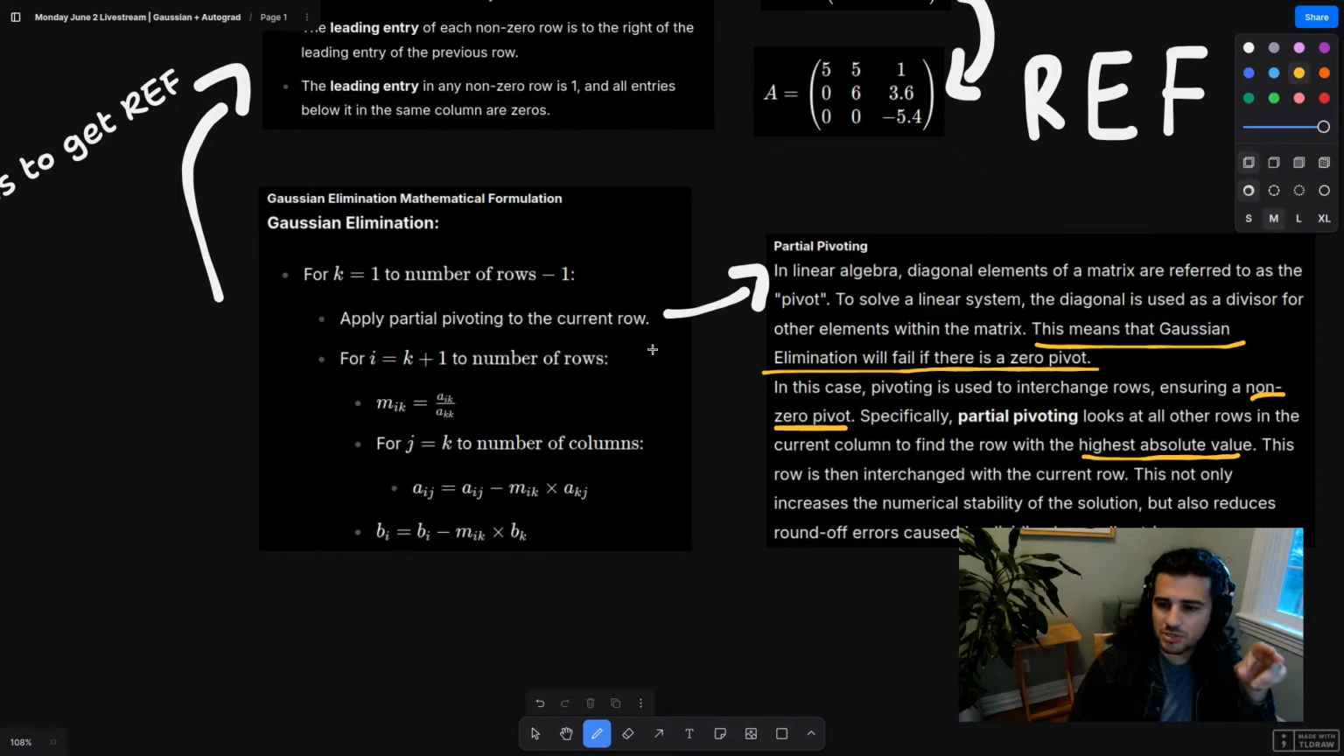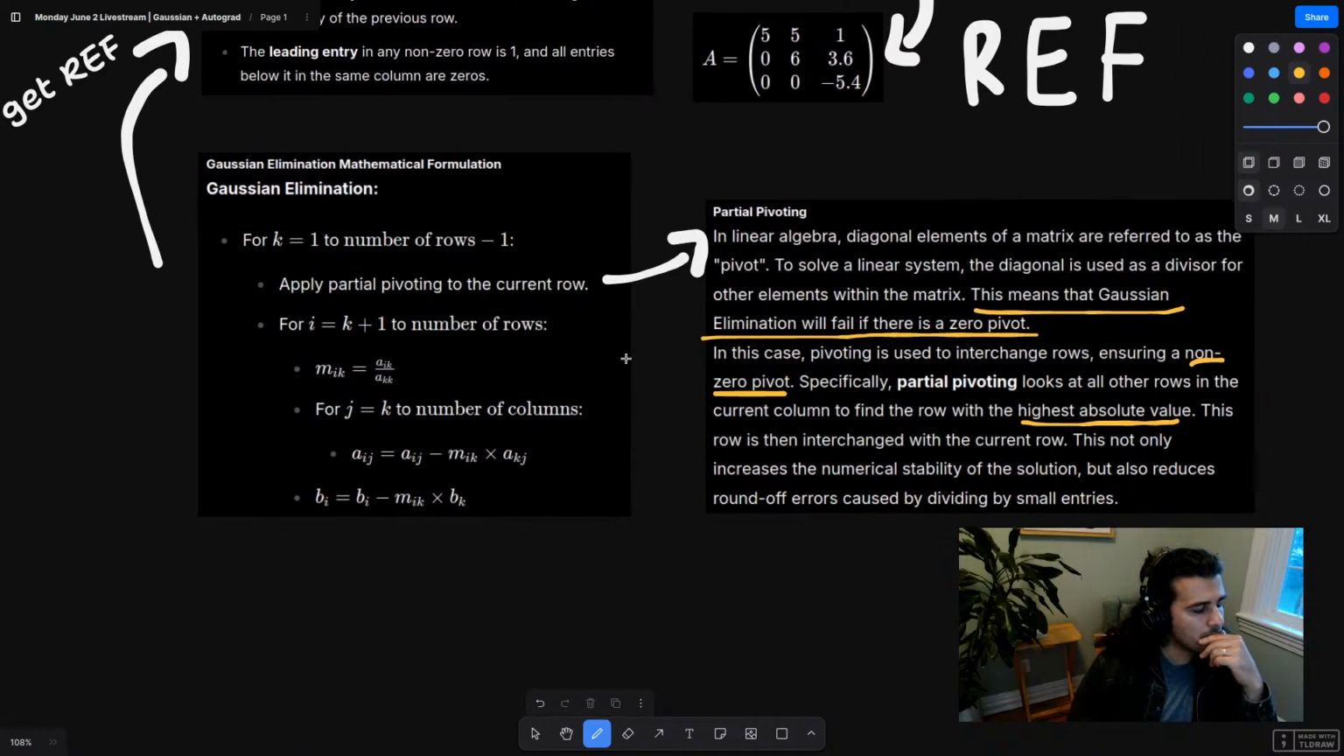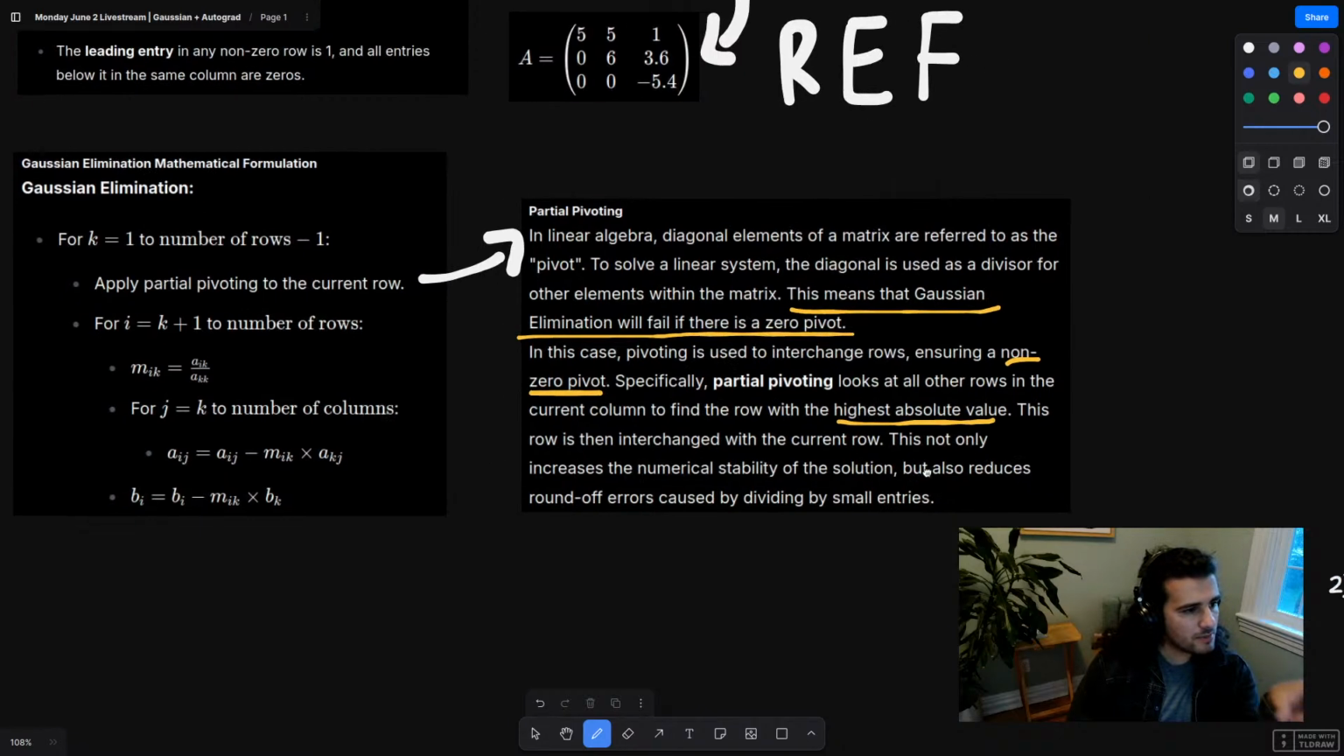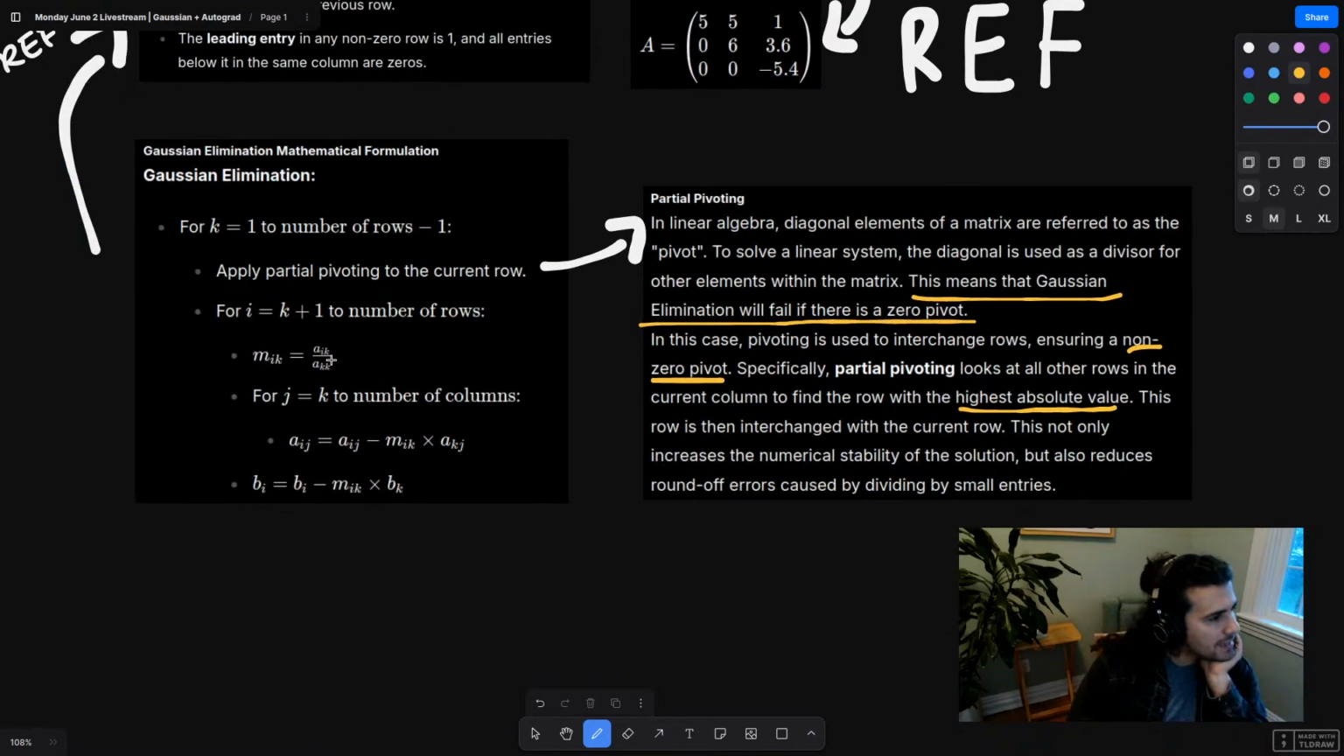But I can't do partial pivoting on something that's already processed. So if a row is processed, I can only do the stuff below. Okay. I think I've done something similar last time, so I'm going to be able to reuse that. And then after that, for i in k plus 1 to number of rows, so everything below that line, I'm going to do